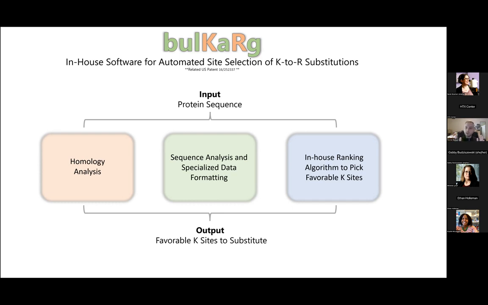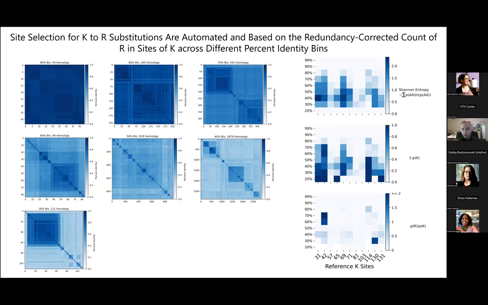Then this is the next favorable lysine site. And it gives this essentially order of lysine sites one can substitute systematically with arginines without perturbing the protein's native three-dimensional structure. So to give you all an order of operations of how this process works, or first the output of how this program works is